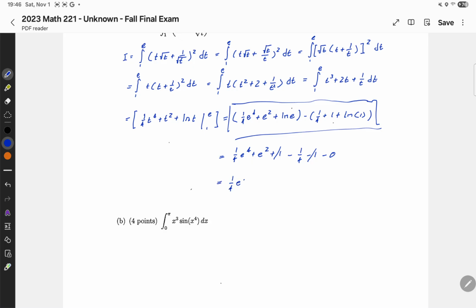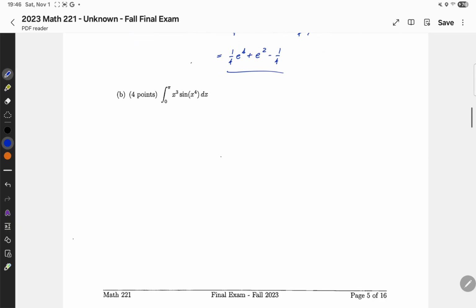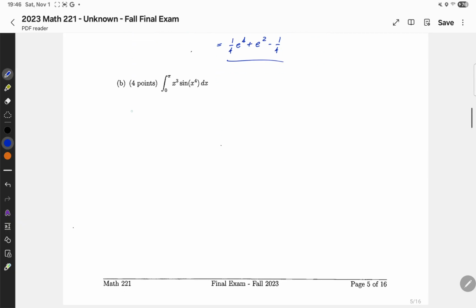We're going to have 1/4 e to the 4th plus e squared and minus 1/4, just like this. And this is also our answer. So any stage of this would be totally valid. All right, next up, we have the integral